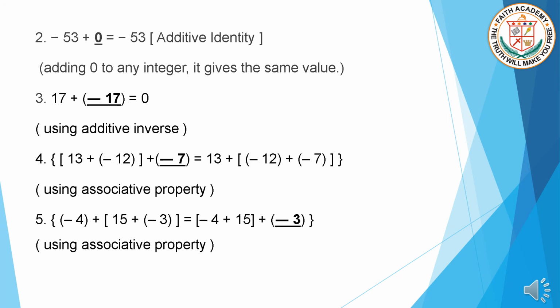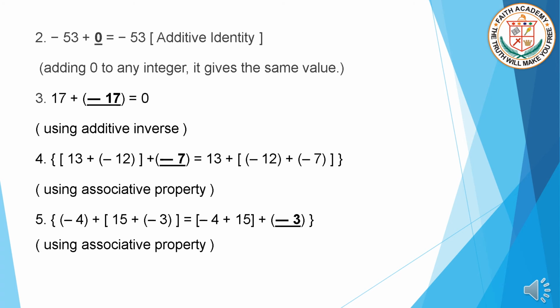And if the number is 16, then what will be its additive inverse? Yes, you are again correct, it is minus 16. But if the number is minus 45, then what will be its additive inverse? Yes, you are correct, it will be positive 45. Now coming back to the question, let's see that 17 added to negative 17 gives us 0 using the additive inverse. Now fourth question,